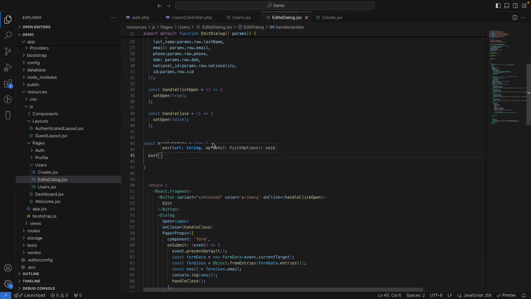So the post will now take a route. So we have not given any route yet, but I would say that that should be student slash update. Okay, normally what happens is that some people normally pass the id. So for example, something like